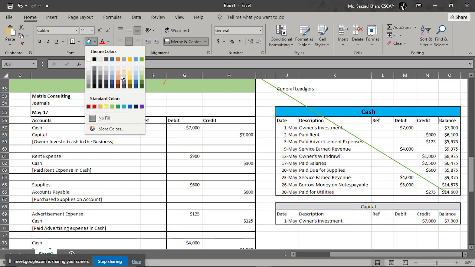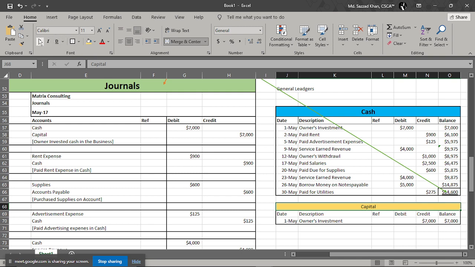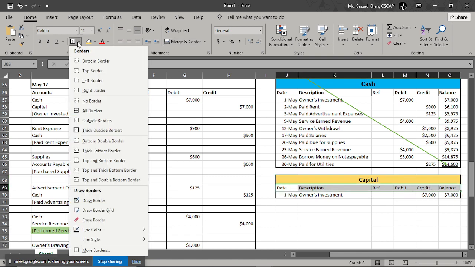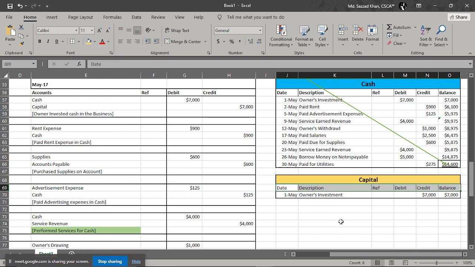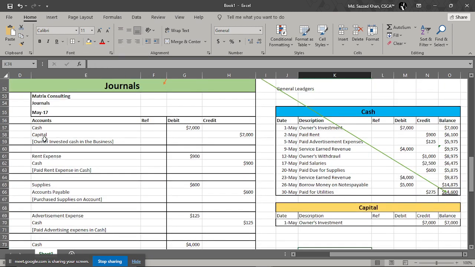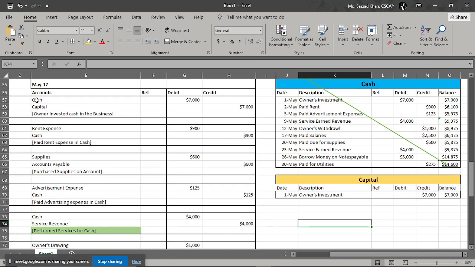Let us color something else. This is capital. So okay. Nice. All right. Now move on, we are done with May 1. All right, we are totally done with May 1. Now let's come up with